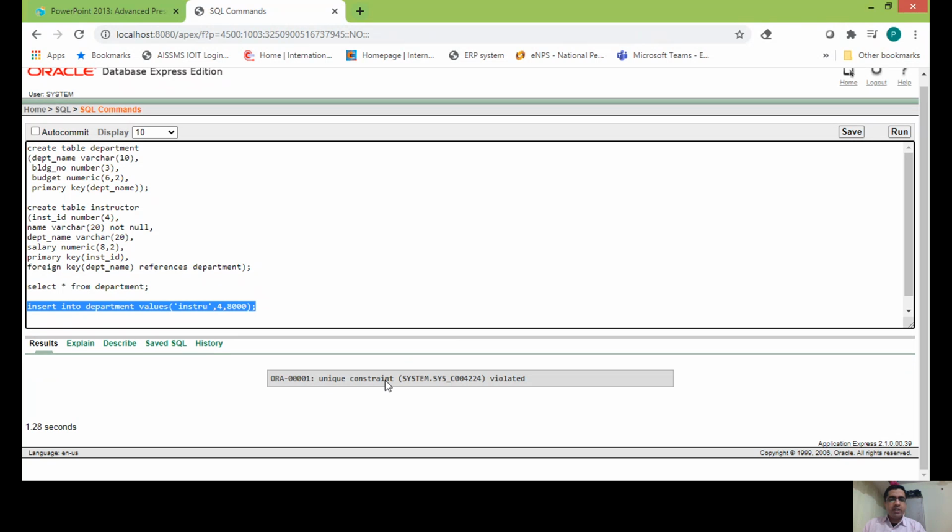See, the uniqueness constraint is violated, meaning the department name, which is there as a primary key, that constraint is violated. So we have seen the violation of the key constraint, the integrity constraint, right?